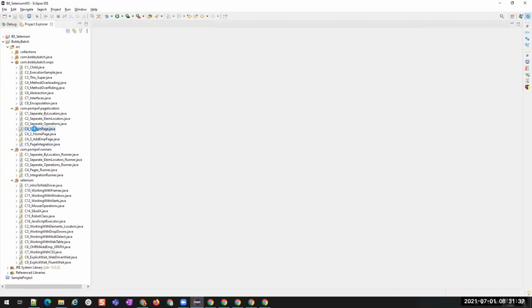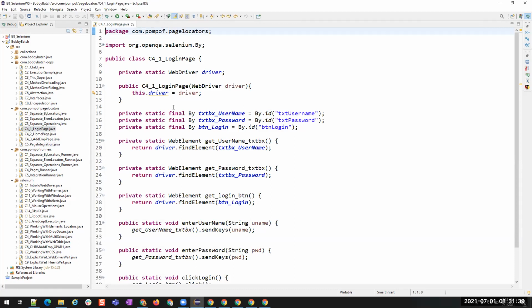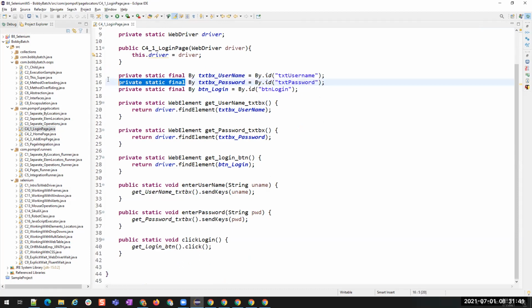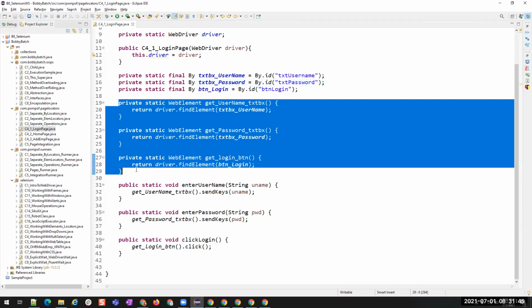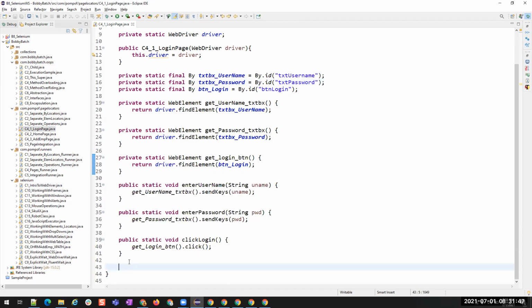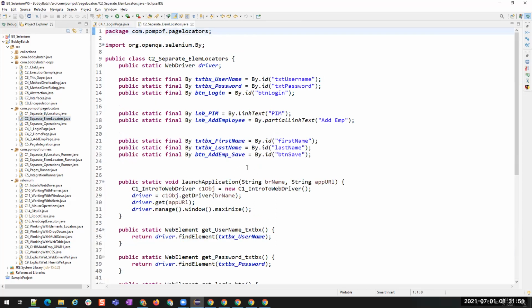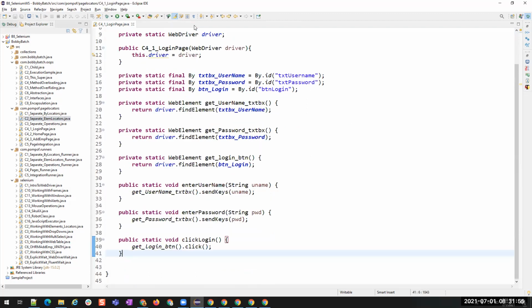See, we will use these individual page classes because in this class itself you have the elements, in this class itself you have the methods for getting the elements, and in this class itself you will have the operations. Then do you need to separate these individually again? No, right? So that's what I'm saying. In real time, you won't see these classes. This is for making you understand.